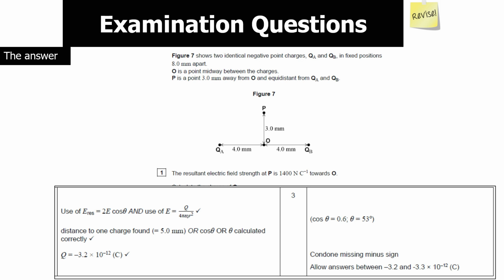We can then link that in, working from the equation E resultant equals 2E cos theta, to work out E, and therefore we can work out one of the charges by using the equation E equals Q over 4 pi epsilon 0 r squared. So you can work that all through, using trigonometry to work out what cos theta is going to be, and you get Q equals 3.2, minus 3.2 times 10 to the minus 12